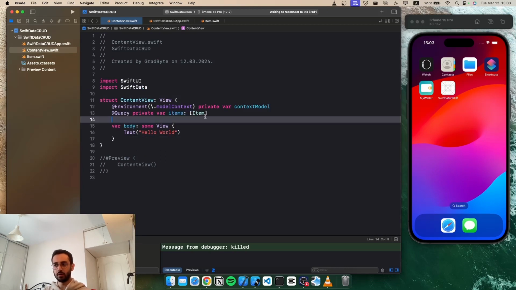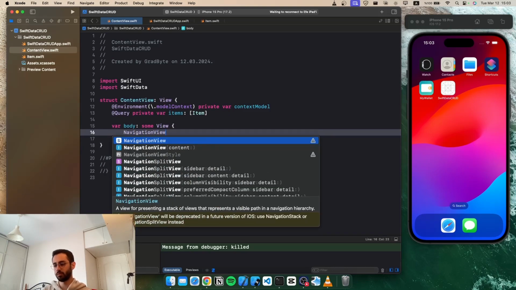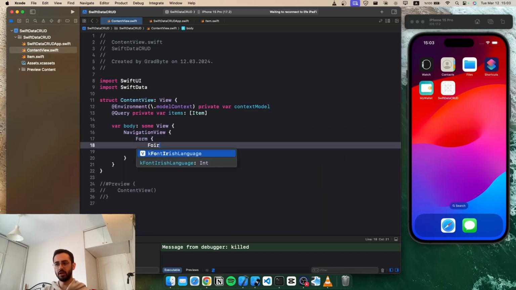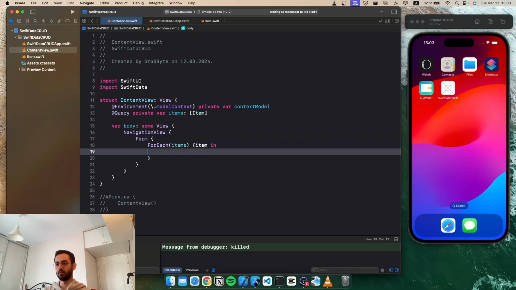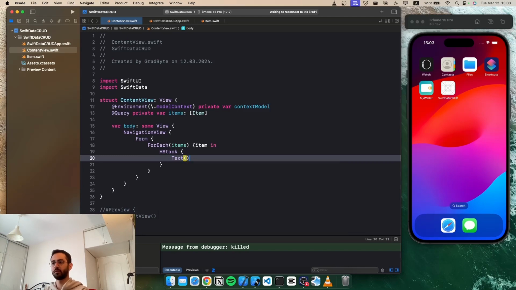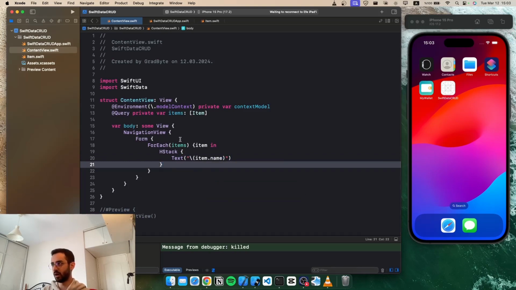And now I should also display these items, so I'm going to use NavigationView and Form, and then ForEach items, item in, let's say HStack, Text, okay, wait a second, item.name, we are going to see the item's name in it,